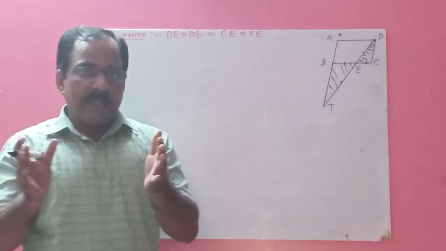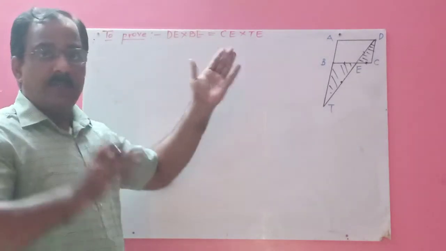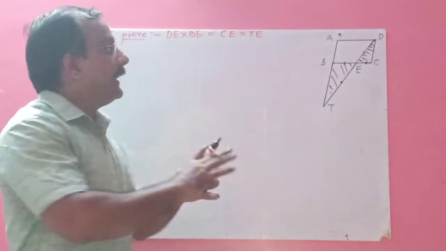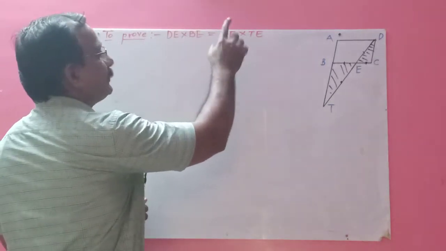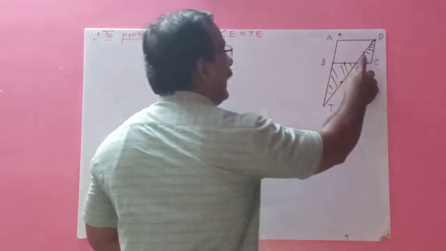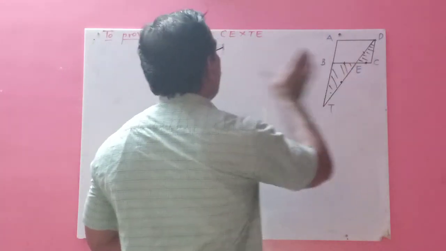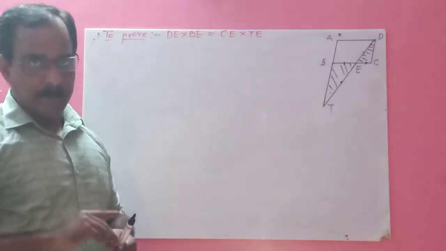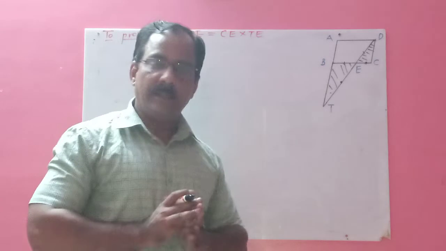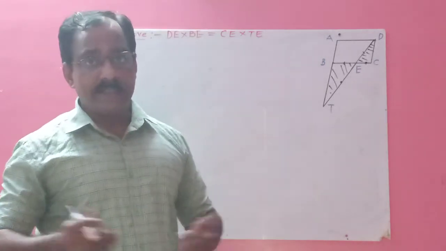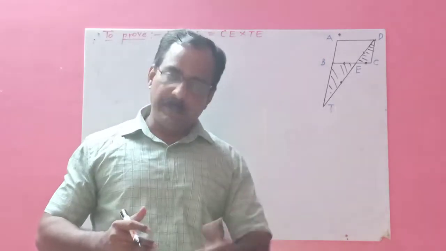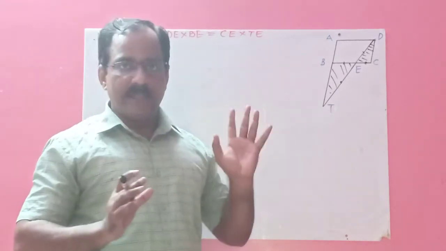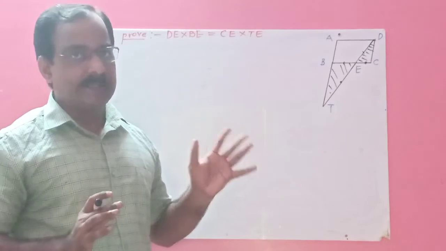So whenever you get this type of problem, try to prove two triangles similar, but before that find out in which two triangles these sides belong. So here try to prove these two triangles similar. Automatically you are going to get your answer. It's a very simple problem. But how to prove two triangles similar? Same way, you have the AA test, AAA test, SSS test, right? Out of these, any one is there by which we can prove these two triangles similar.